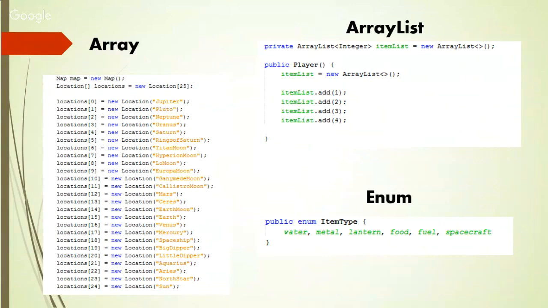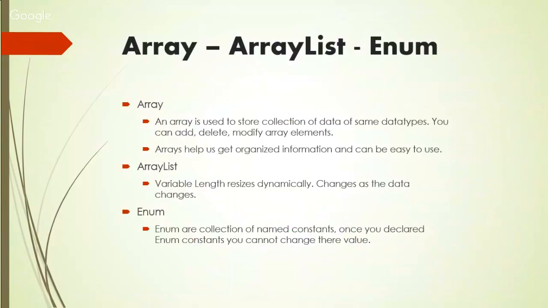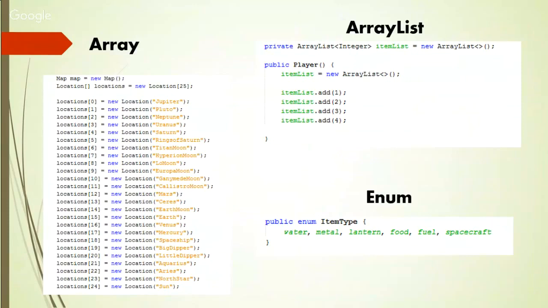For the ArrayList, it is similar to an array, but you can use it to change the data. For example, in Player I create an ArrayList, itemList, which equals new ArrayList, and you use the index, itemList dot add and the index. That is example 1, 2, 3, and 4. And the enum is a